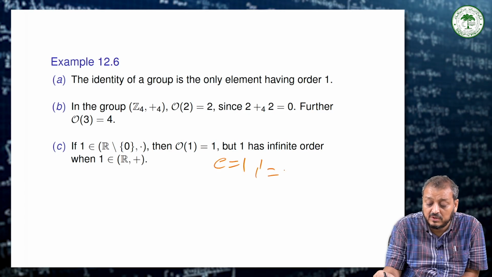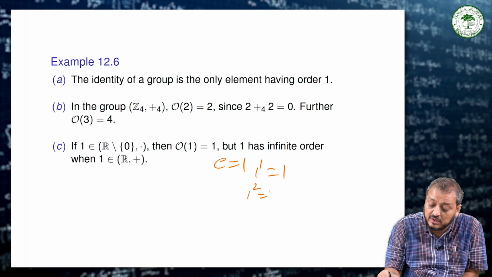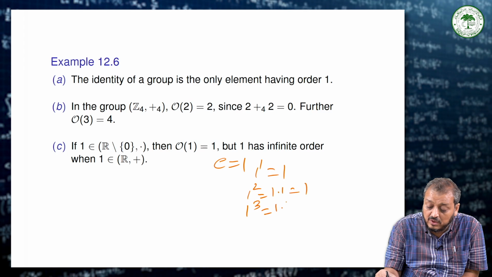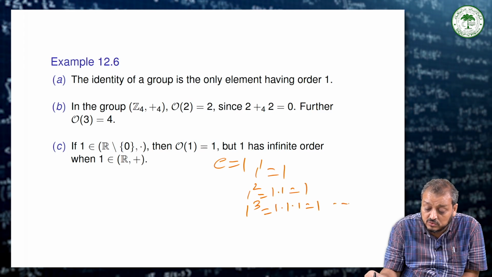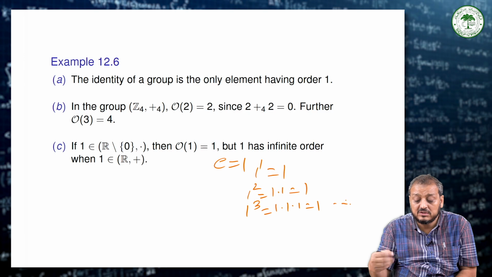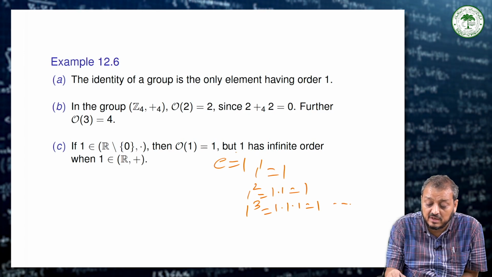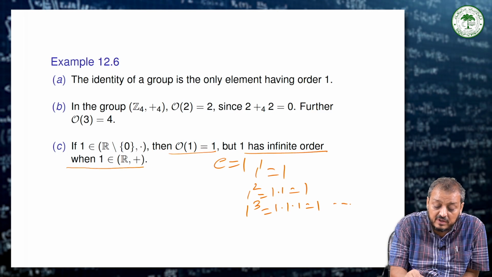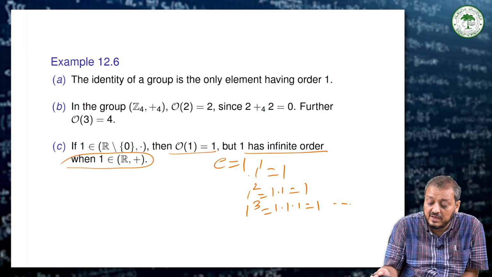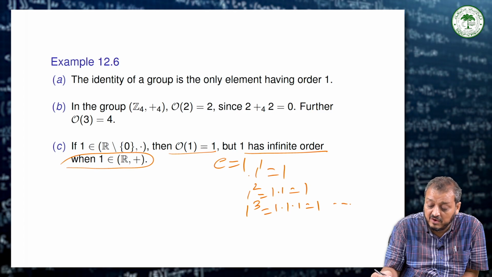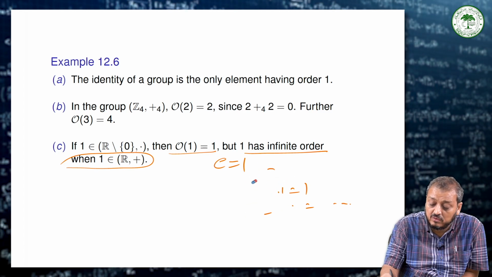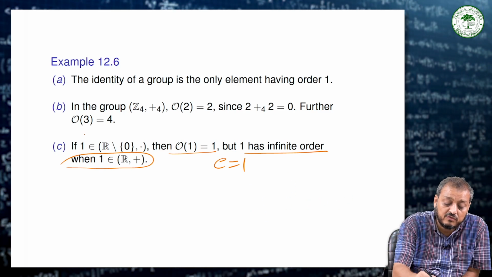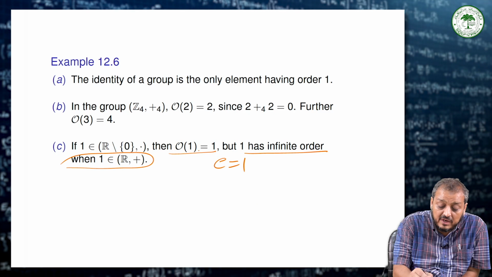So, 1 to the power 1 is equal to 1, then 1 squared is equal to 1 into 1 is equal to 1, 1 to the power 3 is equal to 1 into 1 into 1 is equal to 1, and so on, every time 1 to the power this. So, this means 1 has order 1, but 1 has infinite order when taken in the other form. So, clearly we say that order of 1 is equal to identity in this form, but if we take